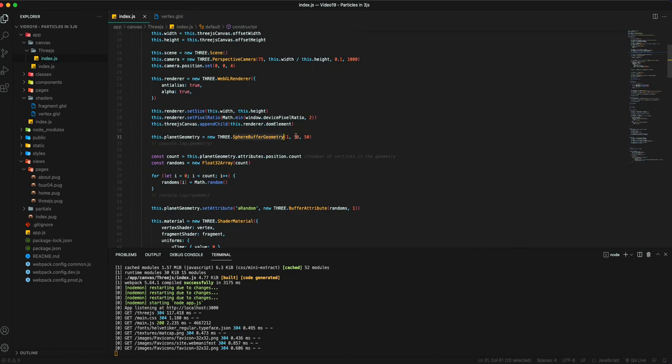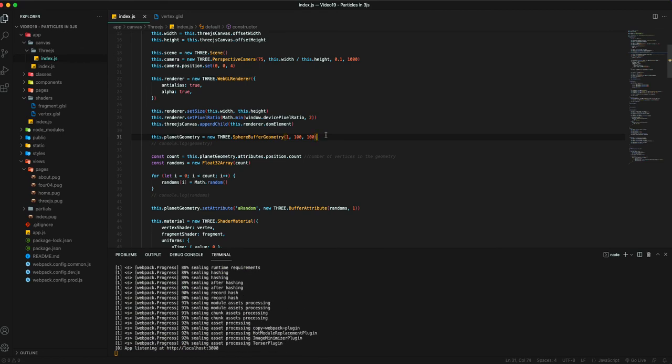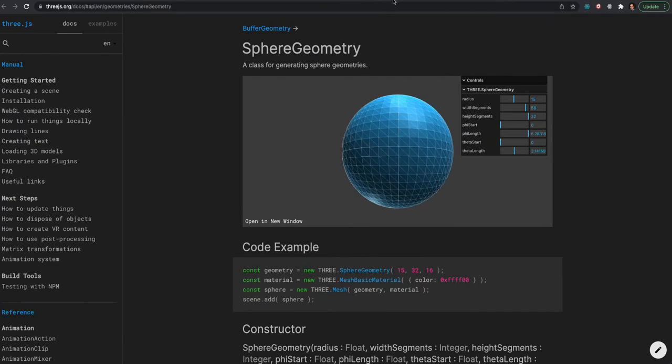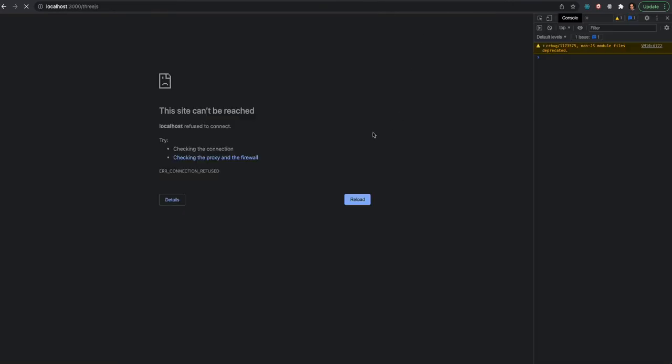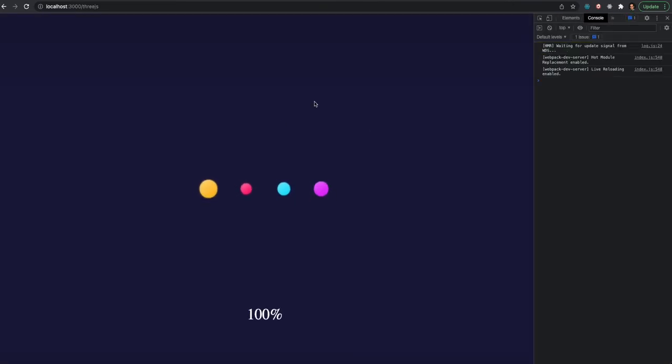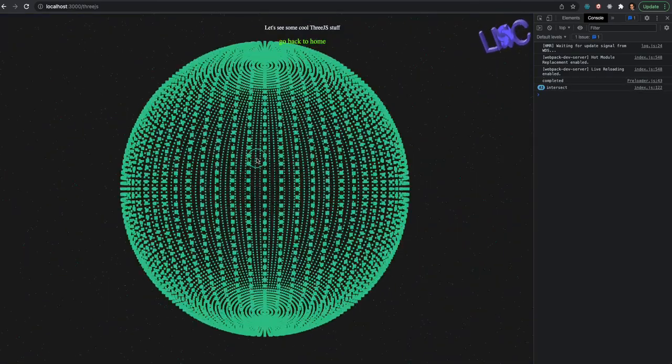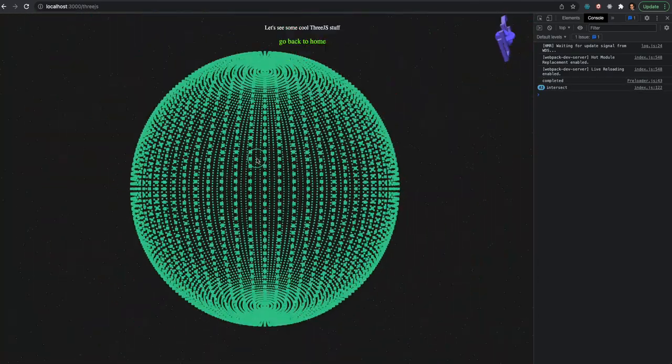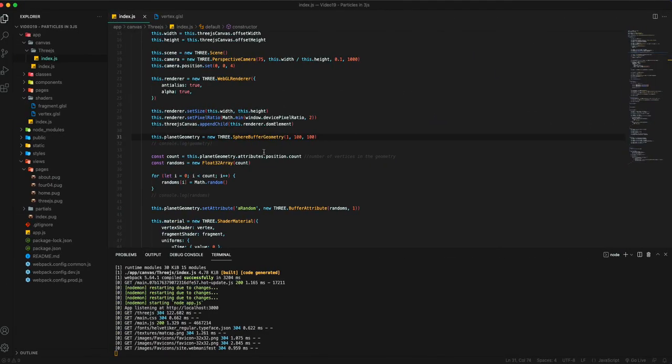Now if I change this to, for example, 100 and 100, we will be seeing more particles right there, because now we have more segmentation, we have more cross points there. Right here you can see we have many more, and if you increase it to too high of a value,